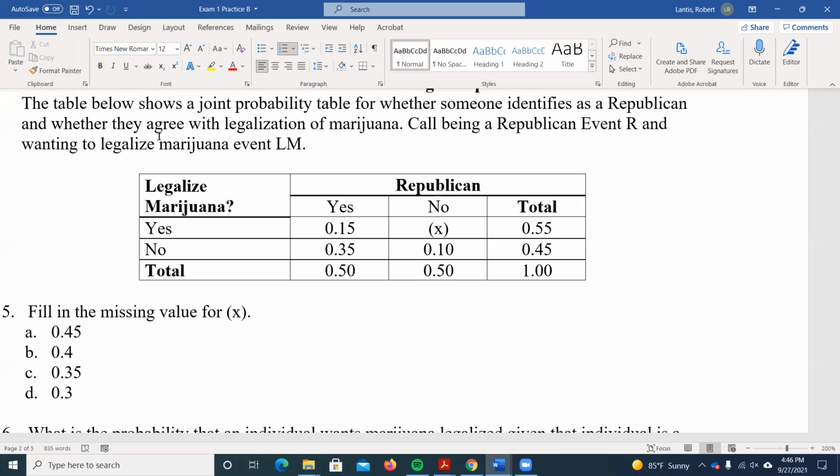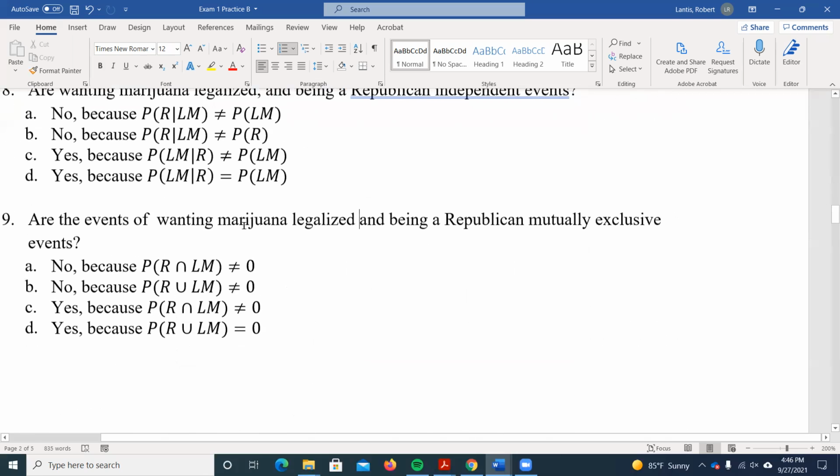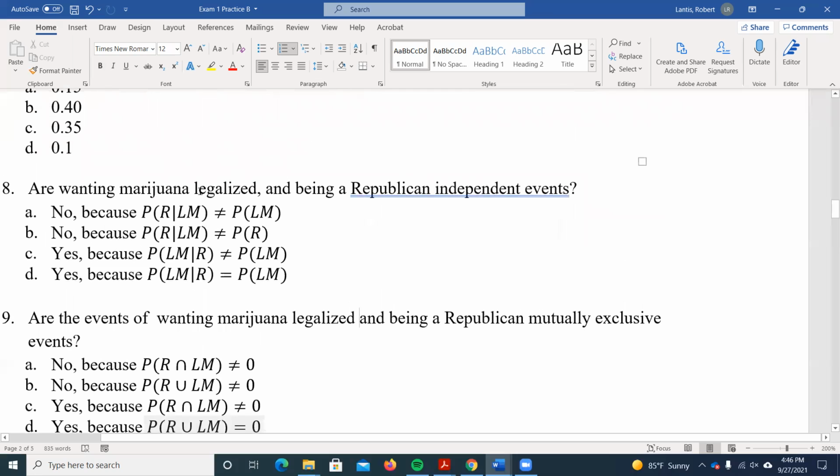So we're looking down here at the answers, right? Are they independent events? Well, we just found no, they're not, and now we just have to choose the correct justification as to why. Now, I solved it a little bit differently than the answers are displayed. But if I find that the unconditional and the conditional probability of LM are not equal, those two events aren't independent that way. If I checked it the other way,